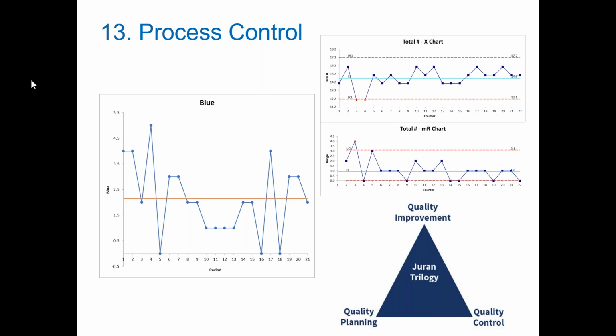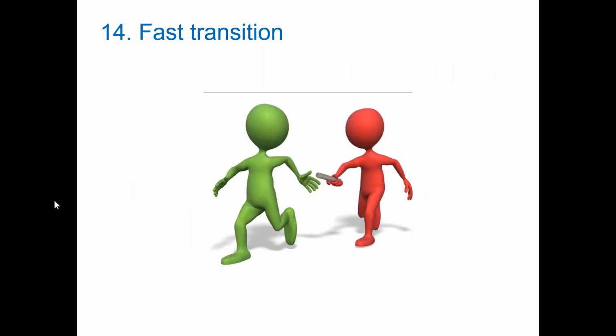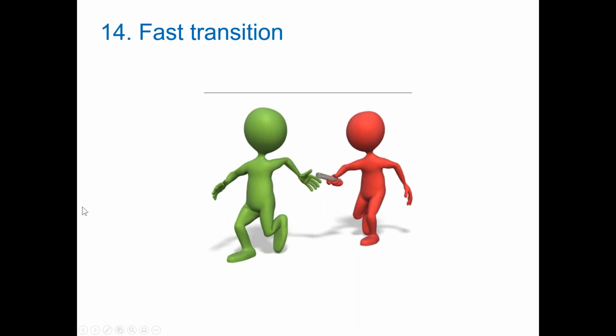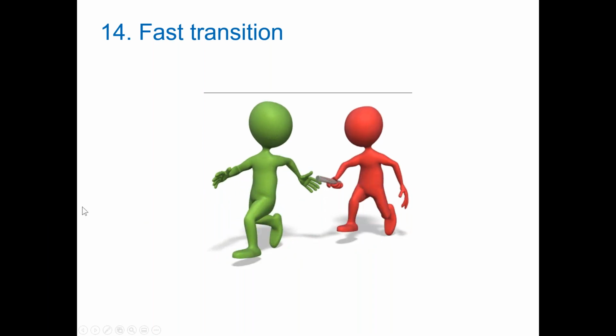So Modular Kaizen uses process control. We have to do qualitative as well as quantitative. And certainly I'm excited because the Juran trilogy is exactly Modular Kaizen. Plan what you're going to do, monitor and control it, and then with the gap, do your quality improvement. Fast transition, this one I absolutely adore. This is single minute exchange of dies. Plan it. How are you going to transfer?